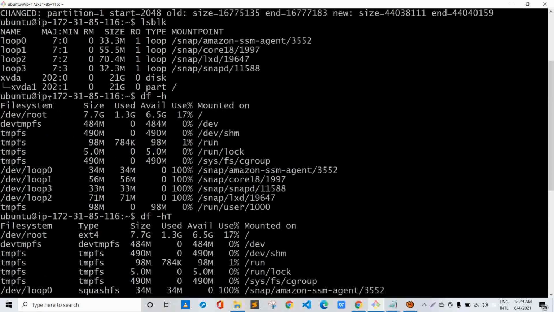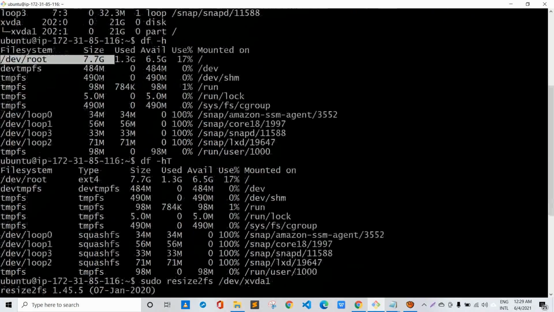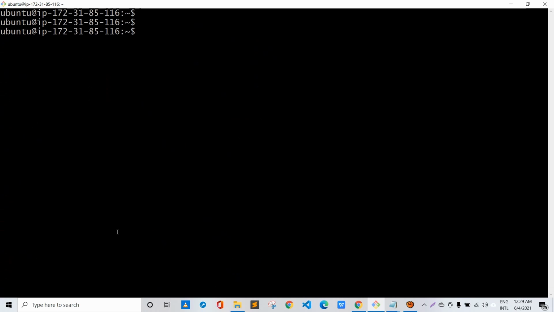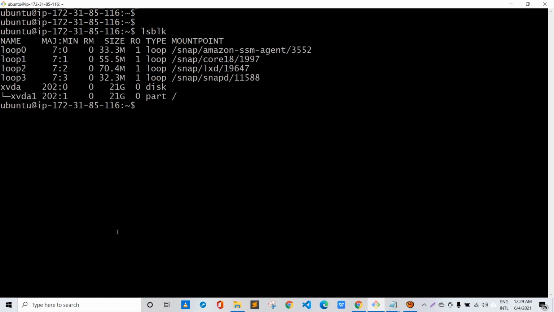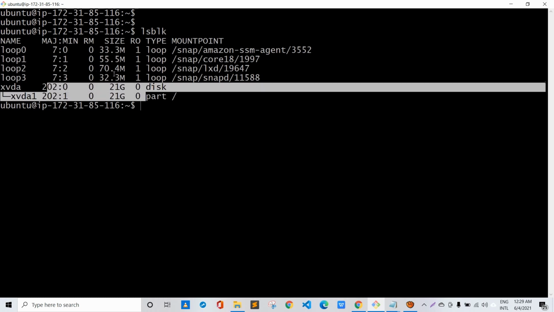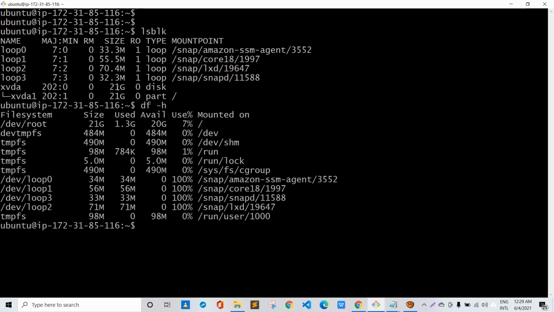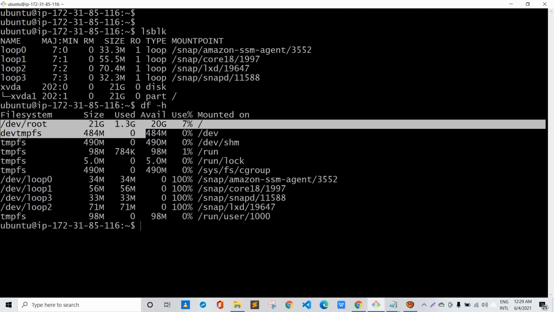So before, if we see, the changes weren't reflected, that is 8 GB. Now the changes have been reflected by running this command. Okay, so let's clear my screen for once and run my command to list the storage blocks, and you can see the changes have been reflected over here also. And if I run df -h, you can see the changes have been reflected over here also. So these were the configuration tweakings that need to be done when the EBS volume is changed from one storage volume to another specific storage volume.